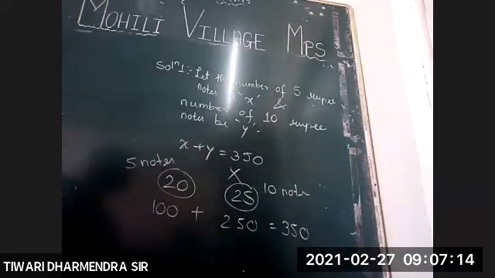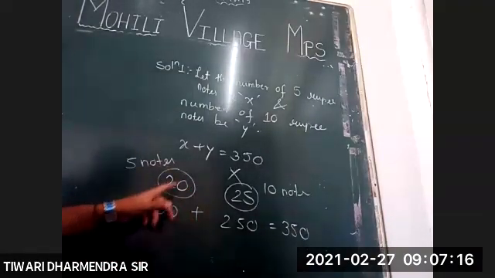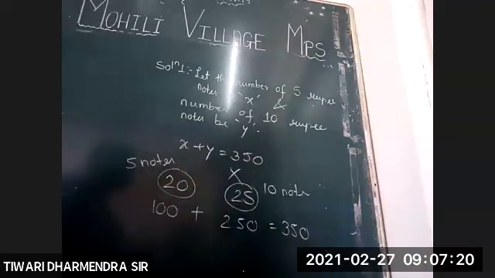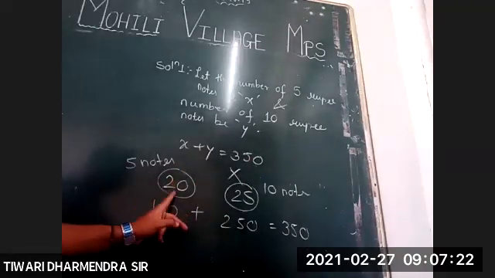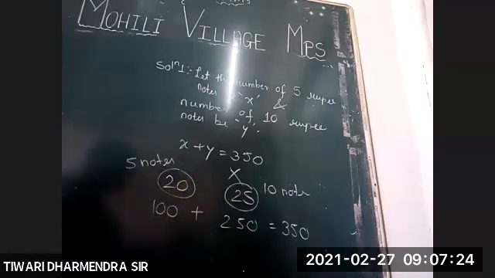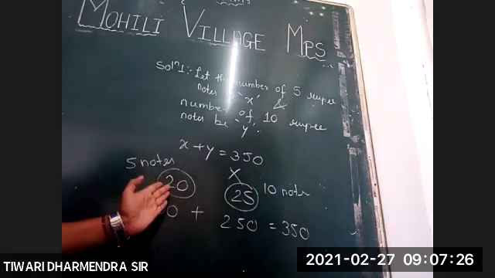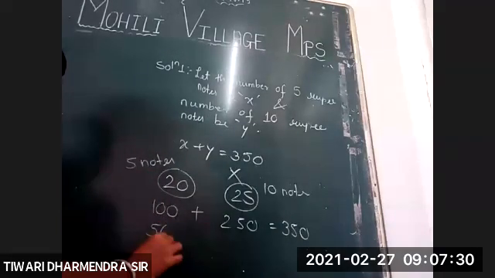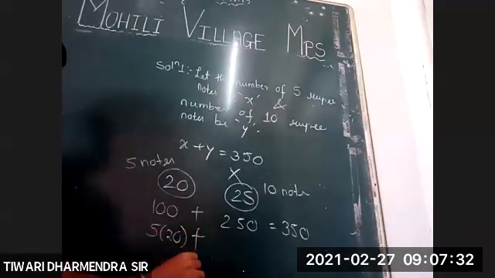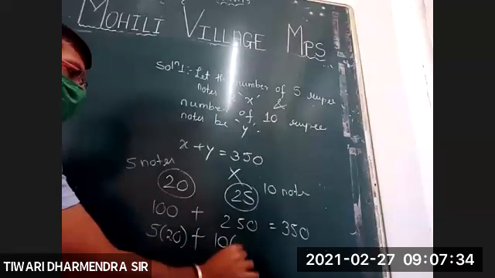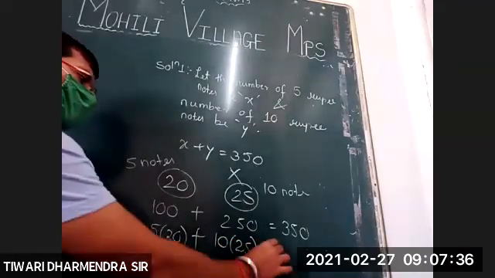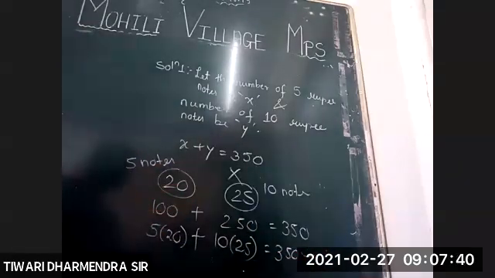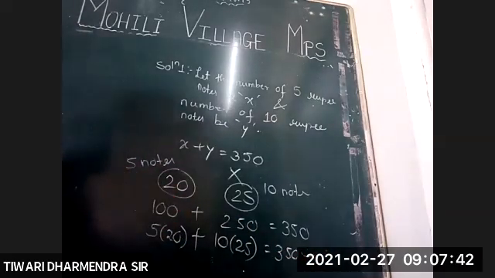So if I write their numbers, means x plus y, then it is totally incorrect, because x plus y is 45 here. But we want its amount. When you get the amount, if you multiply 5 with 20 plus 10 into 25, you are going to get 350. Yes, that is correct. So this is the proper way of understanding. So let's execute it.